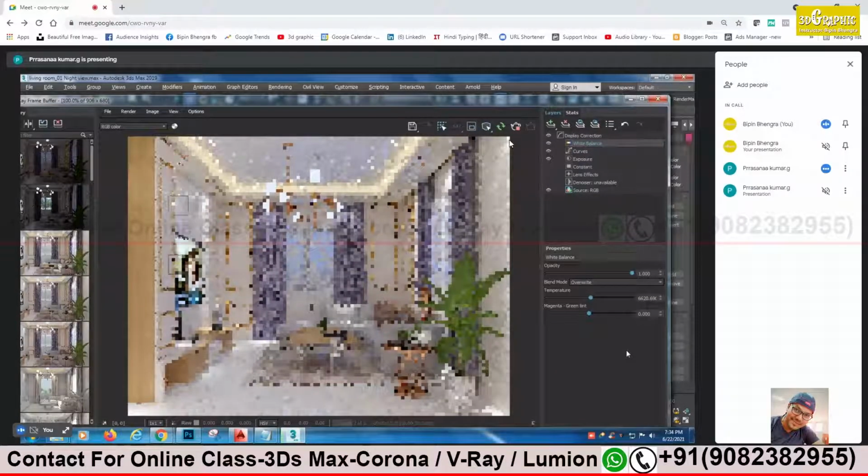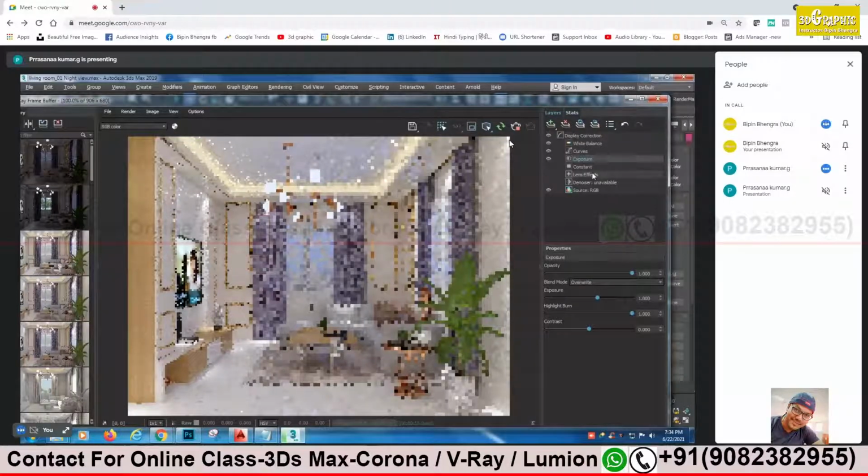Overall exposure you have to reduce a bit. It's too bright for a night scene. Everything is looking clear, but it's too bright for a night scene. I'm just giving my opinion. Color balance is good. Either we have to work with the curves. With the help of curves, we can also make light and dark areas more contrast. Either we have to use curve or exposure. We will see. Only these two are left. Other than that, light intensity, all are good.